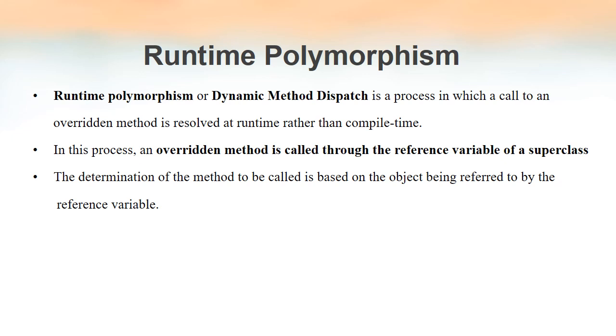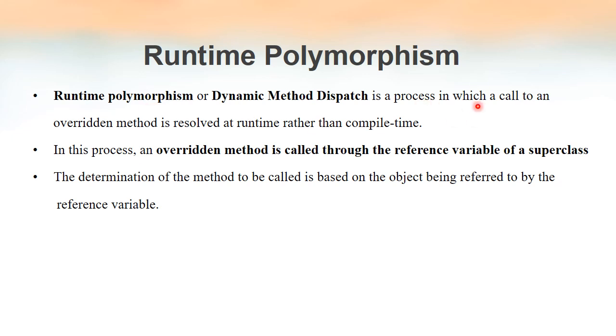So what is runtime polymorphism? Runtime polymorphism is also known as dynamic method dispatch. From these three words we can summarize what runtime polymorphism is. Dynamic means during the running time. Method means our normal methods, and dispatch means the methods to be dispatched, that is to be invoked, will be decided during the running time of the program. That is known as dynamic method dispatch or runtime polymorphism.